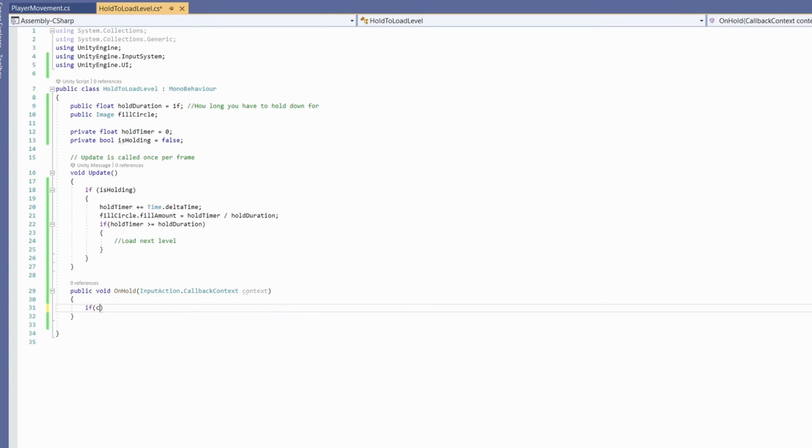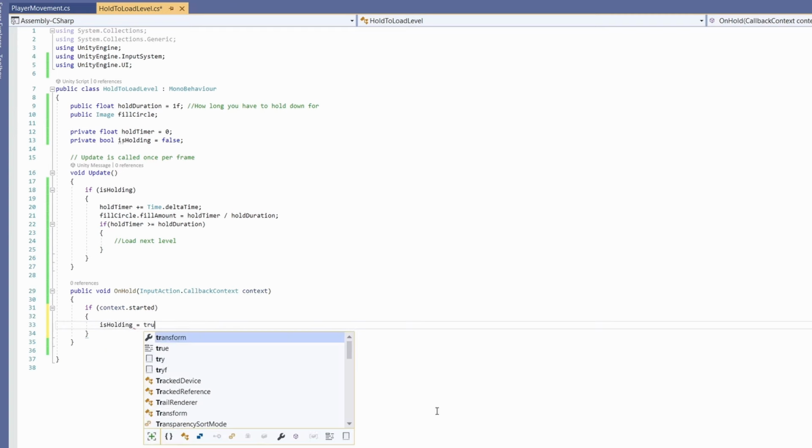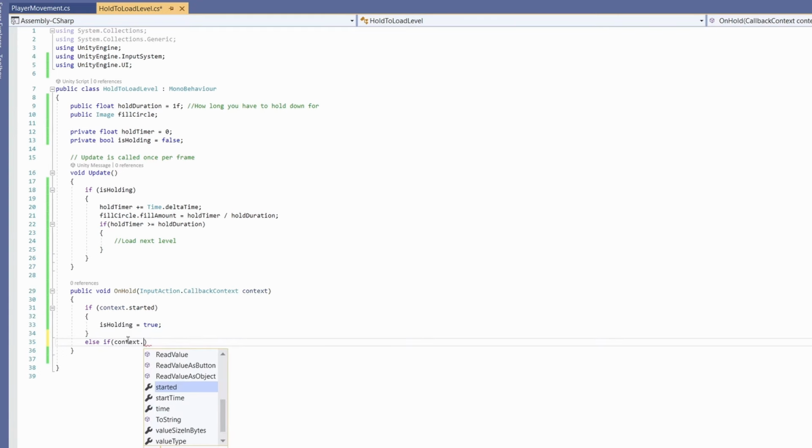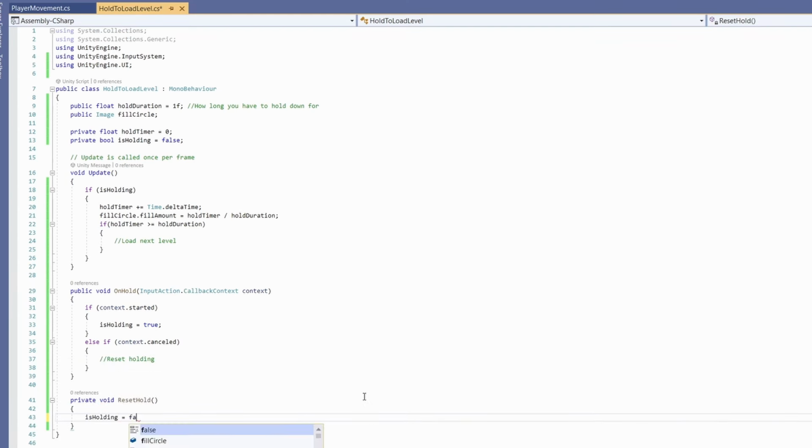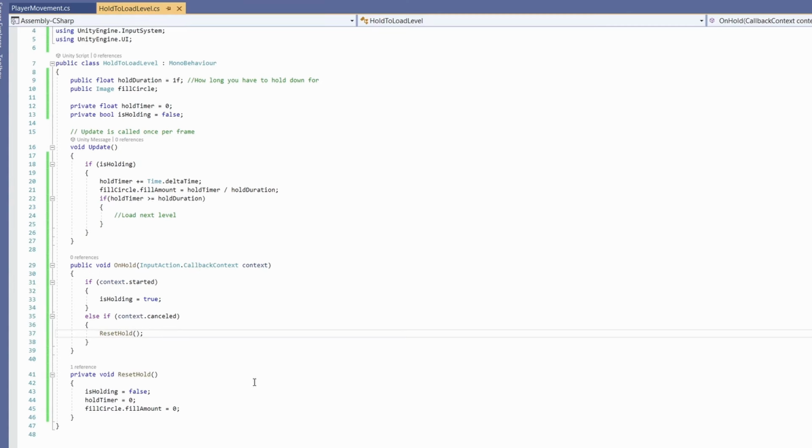Then we'll say if context.started, which means we've pressed down our button, then isHolding equals true. Else if context.canceled, then we're going to call a function to reset our holding. So let's write that function. Private void ResetHold, and we'll go isHolding equals false, holdTimer equals 0, and fillCircle.fillAmount equals 0. Copy this function and paste it up in our else if, and now we'll hook this up to a new